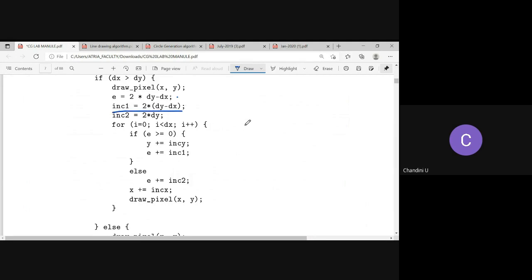So what is our new parameter? Here we know this is pk plus 1 equals pk plus increment 1.